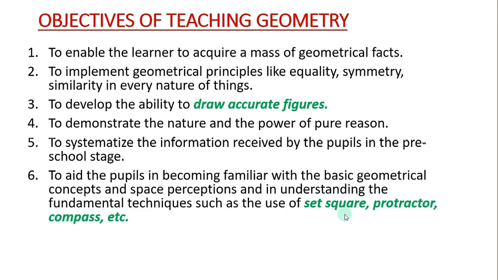To aid the pupils in becoming familiar with the basic geometrical concepts and space perceptions, and in understanding the fundamental techniques such as the use of set square, protractor, compass, etc. In the geometry box we have many instruments. Many students don't know how to use them or what their names are. We have to introduce them and make them learn